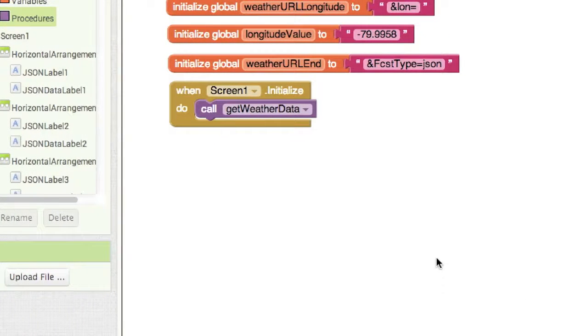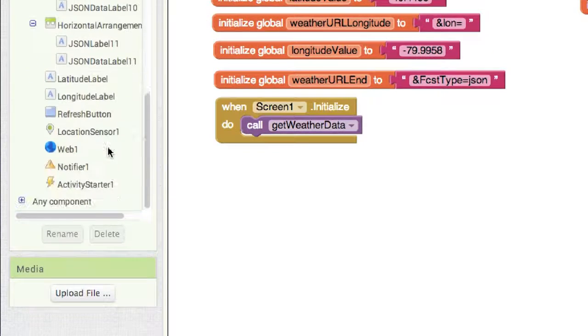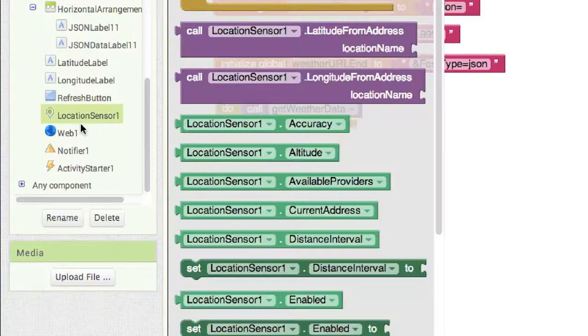And then I need to basically set up the location sensor so that I can get dynamic information. I covered this previously, but I'm going to blow through, literally in part 1 and 2, I covered location sensors, but I'm going to blow through this really quickly just to give you a review. So if I want to use the location sensor, just come over here, click on location sensor, and I'm going to look specifically. Well, first off, what I do is I need to verify that the location sensor is enabled